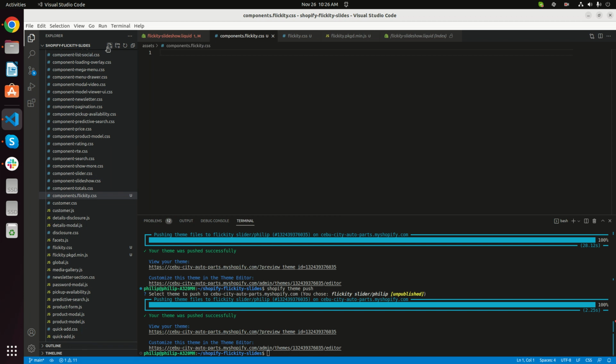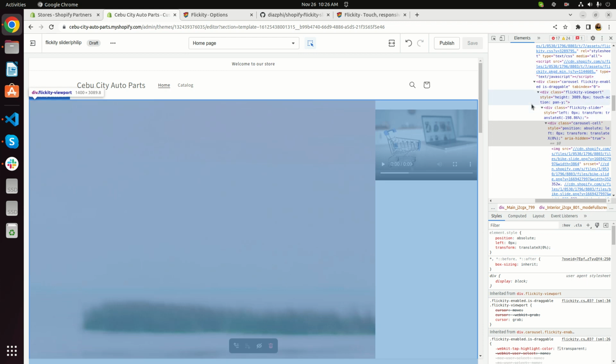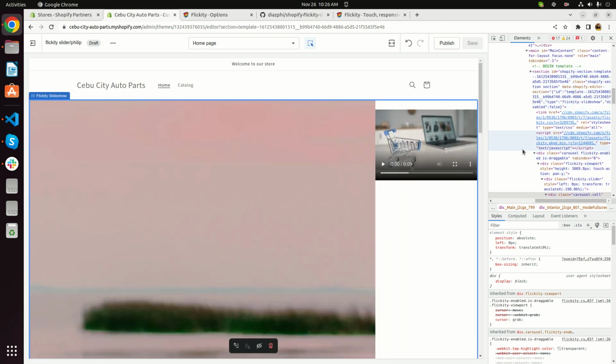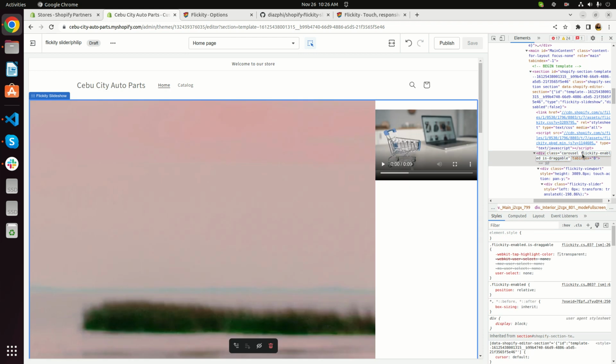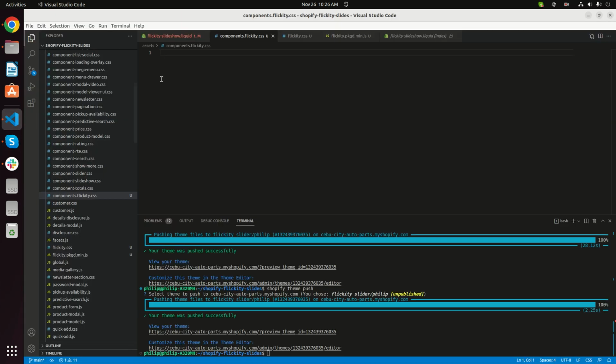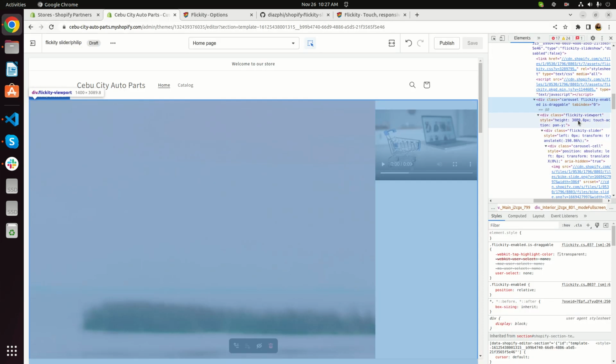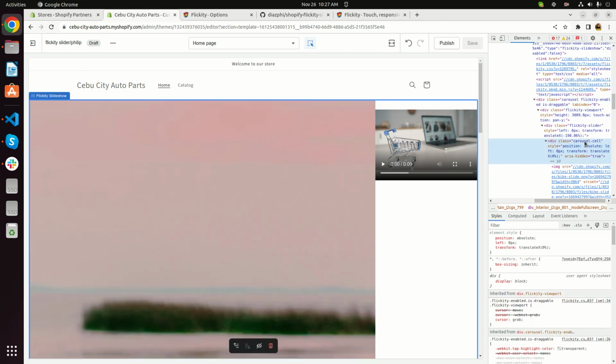Then I will call the first parent. The hierarchy of the CSS definition will also help you define your CSS styling. The next is we have this carousel